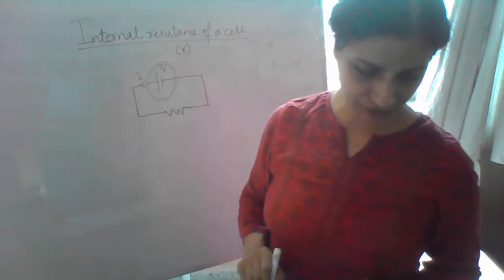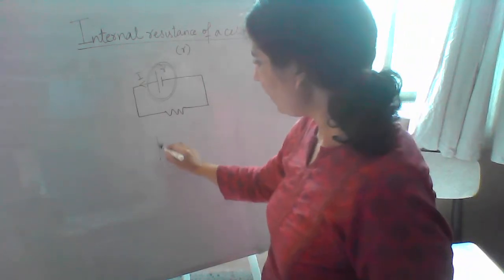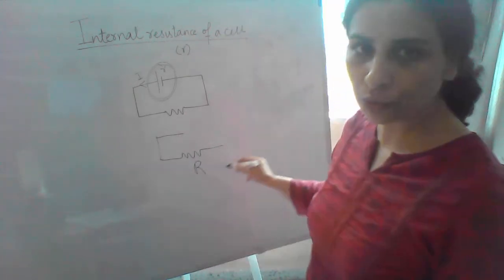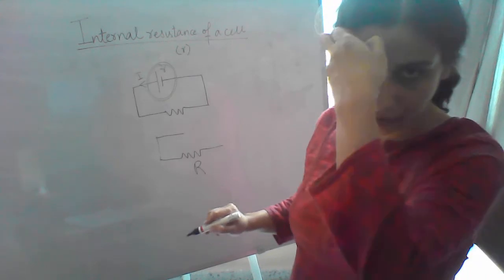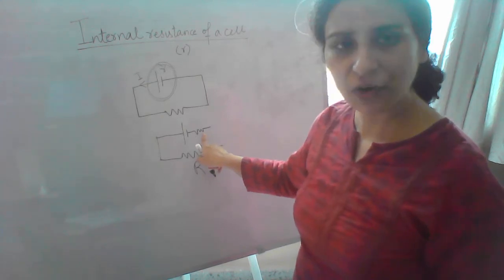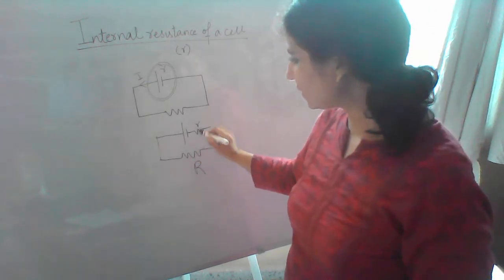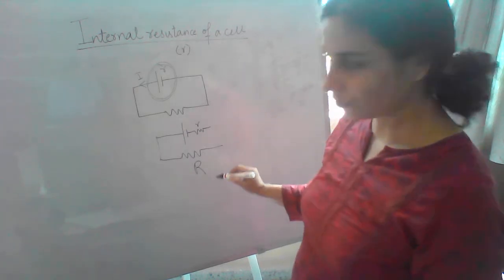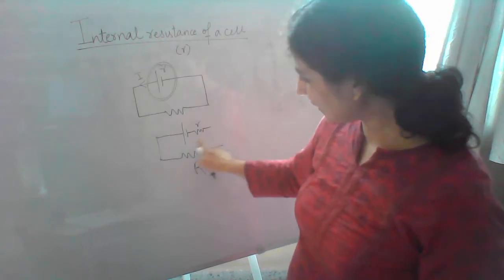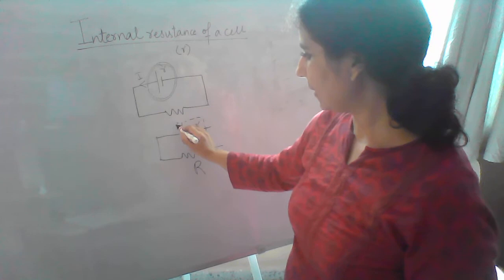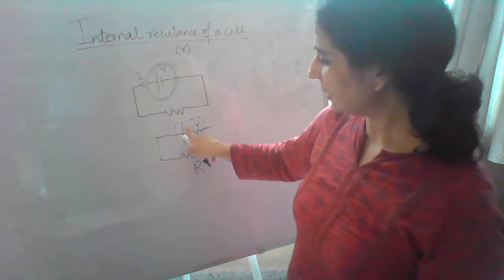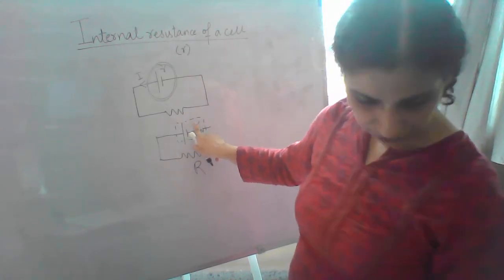Now there is a way in which we show it. We show the external resistance to be capital R. If there are 2 or 3, then R1, R2, R3, that I am going to teach in the next topic. This is my cell. Attached to it, I will draw another small resistance and name it small r. That is the internal resistance of the cell. Though I am drawing it outside, together this dotted box is actually the cell. This is the cell plus the internal resistance of the cell.